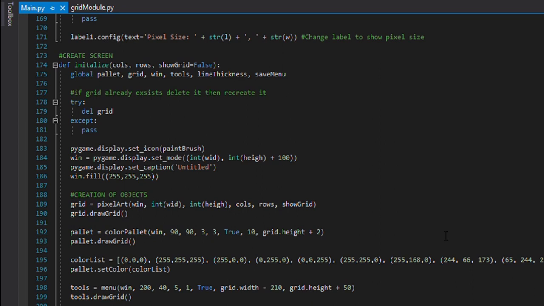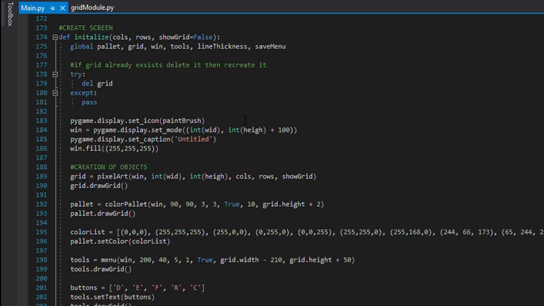Now, first of all, we need to initialize all the things in the Paint app. So for that, first of all, let's say we set an icon of the window, then we move on and set mode. Using set mode, we are giving the specifications of the window, its height and length, so that you can say the size of the window that is made. Then we are using the fill function to simply fill the window. In this case, we are giving it the white color 255 255 255. This is the RGB code.